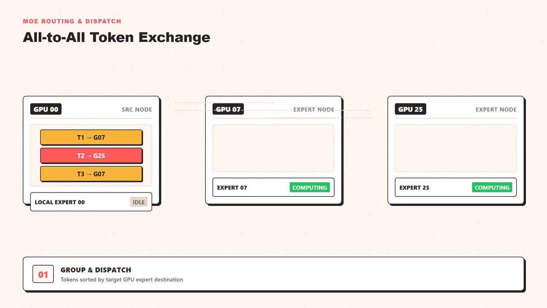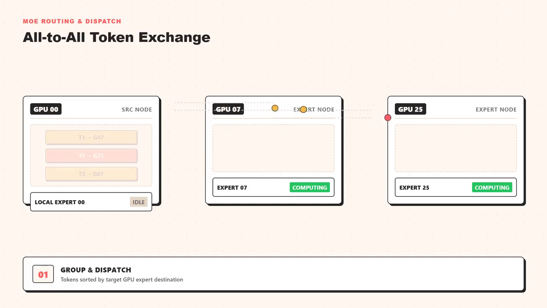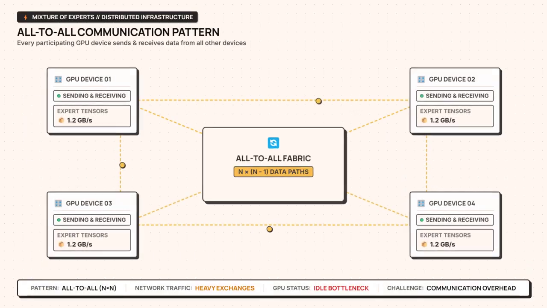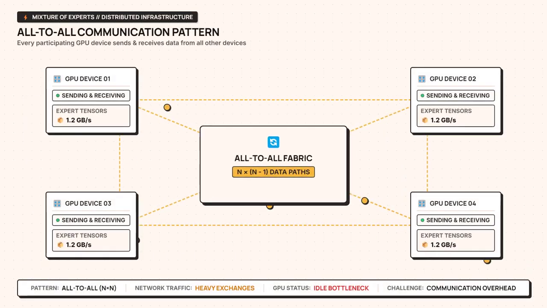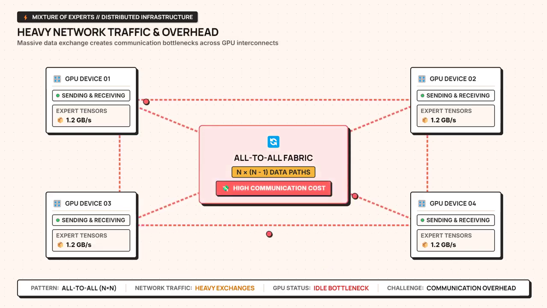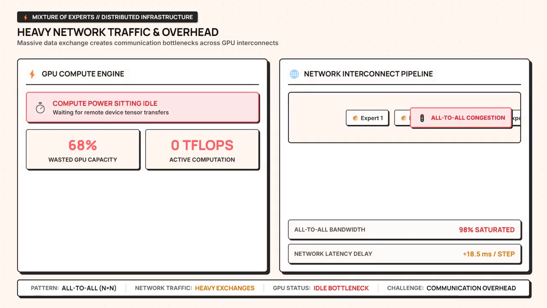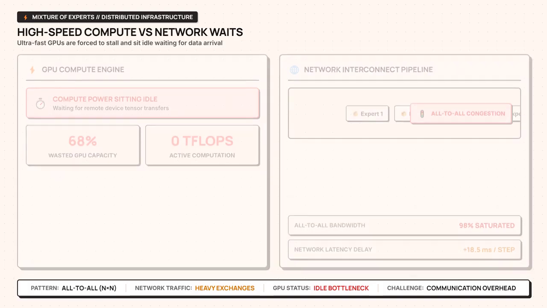The system groups the tokens by destination and sends them across the GPU network. Each GPU processes the tokens assigned to its local experts. Then the resulting activations have to travel back so the model can continue through the next layer. This often involves a communication pattern called all-to-all communication. Every participating device may need to send data to several other devices and receive data from them in return. And that can become expensive. Modern GPUs can perform calculations extremely quickly, but if they spend too much time waiting for data to move across the network, some of that computing power sits idle.